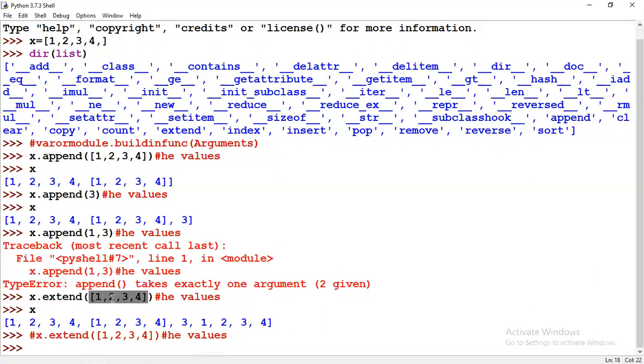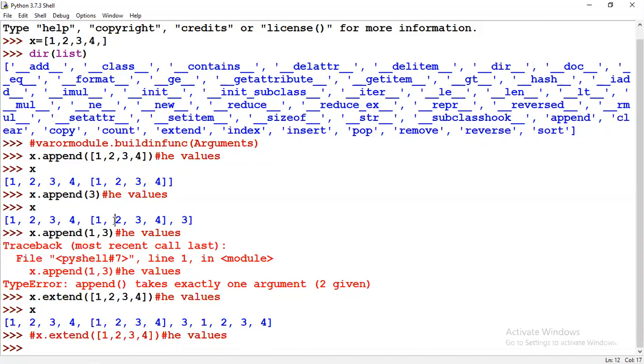The sequence may be a list or tuple or a dictionary. I am not asking you to give separate numbers. Once you give the sequence here, extend will iterate and add everything in different index positions. But append will add the complete sequence as one index position.